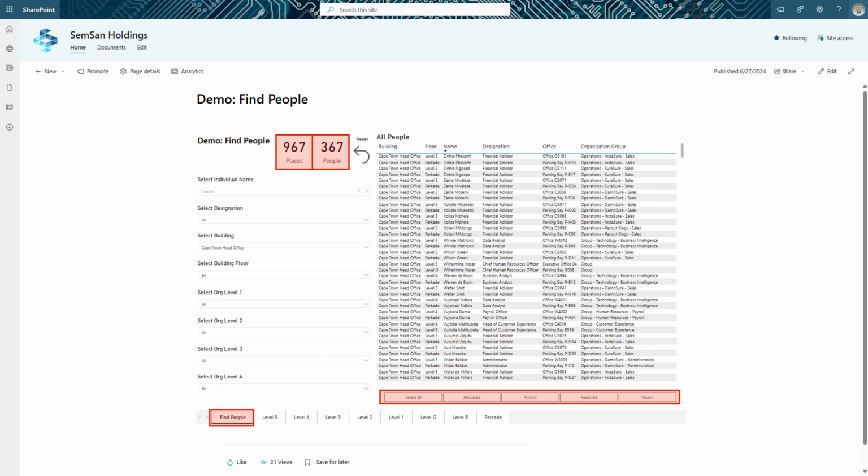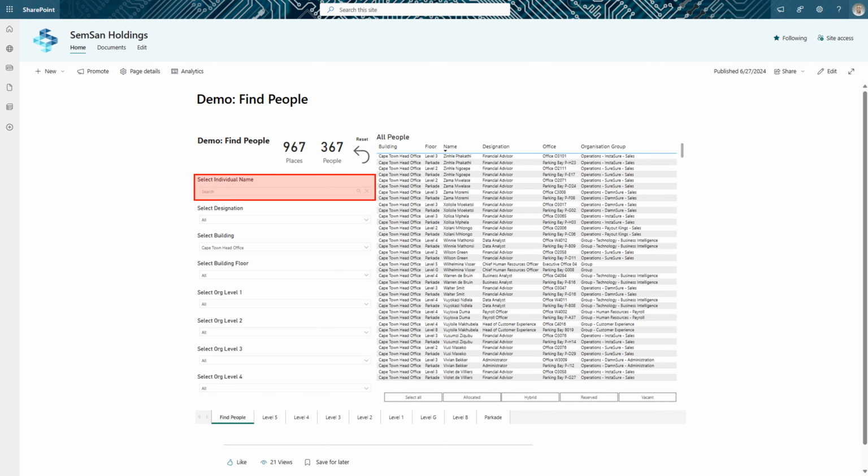The Find People tool can be used to look up a colleague to arrange a meeting. It can be used to look up organizational groups to plan office moves. It can be used to book hybrid spaces, and it can be used to allocate spaces, such as offices or parking bays. For example, we could use the Select Individual Name drop-down to search for the office reference of Buffana,